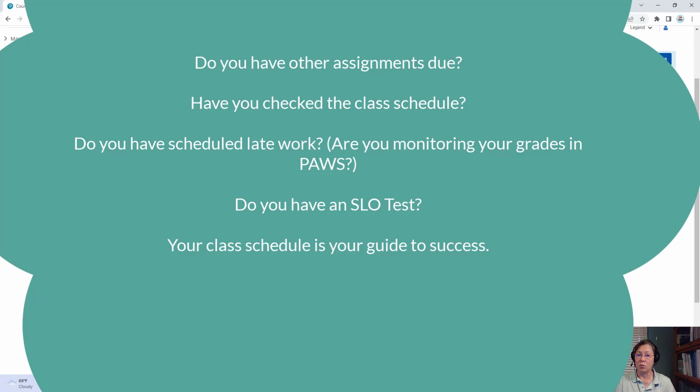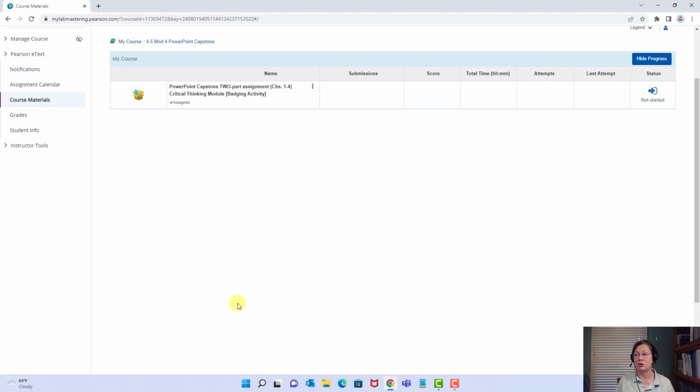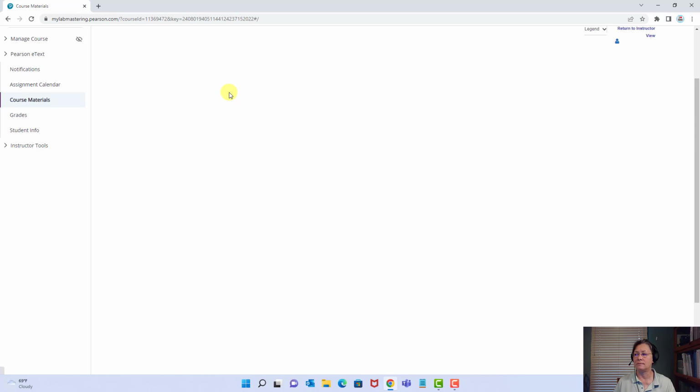I know we've done a lot of work together in the myitlab.com system, but pause is important, and so you need to go back to pause and make sure you're not overlooking points such as the SLO test. So don't forget. Here we are in the PowerPoint Capstone Grader, and it looks like just one assignment, but it says there's two parts. So when I click on this,